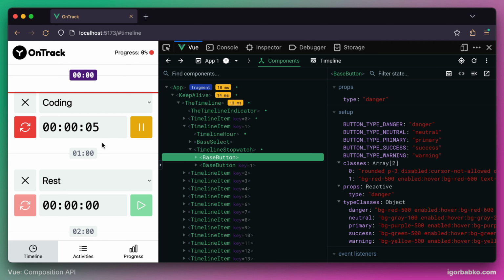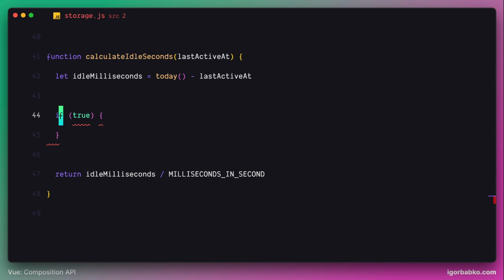So now let's start handling the case when we'll keep our application closed for more than 1 hour. So to determine if we kept it closed for more than 1 hour, let's use the following check. Firstly, let's get an hour of last active at date and compare this hour with the current hour. We can get the current date by calling function today and call function getHours to get the current hour of